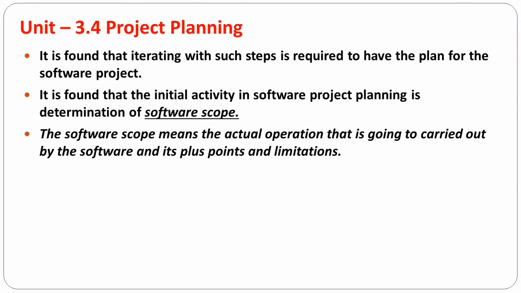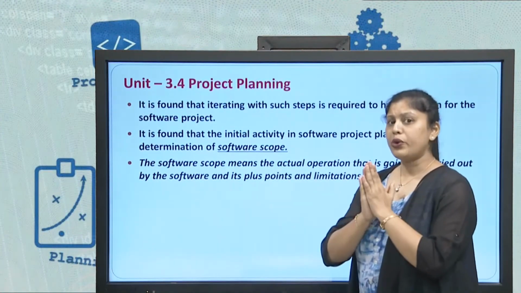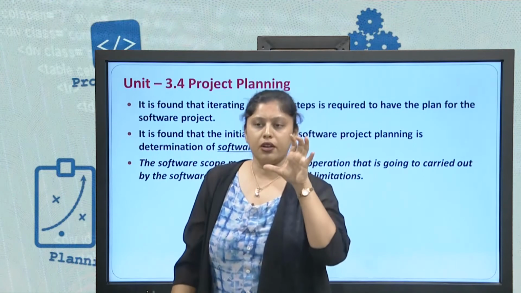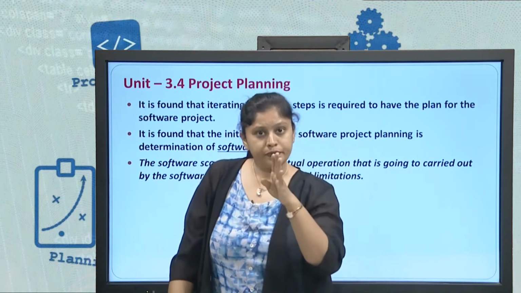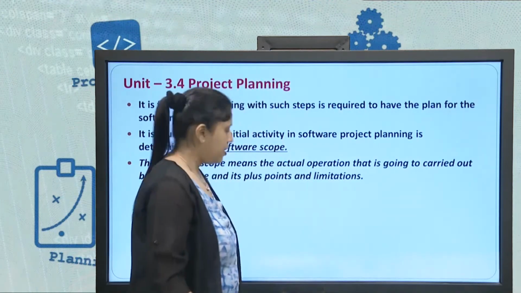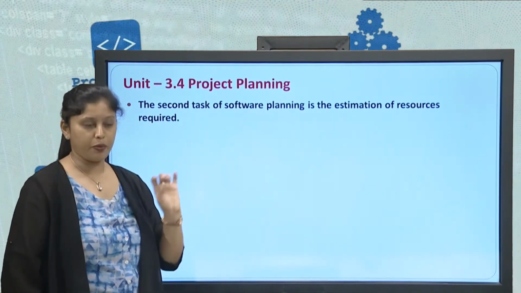Let us say I have one software already developed. Now what is software scope? Any software documentation always starts with the software scope. Scope determines what my software can do, what it is capable of doing, what its plus points are, that is its advantages or pros, and what its cons are, that is its limitations. So my project scope describes my project in a very short manner, stating what all my project can do, what its plus points are and what its negative points or limitations are.